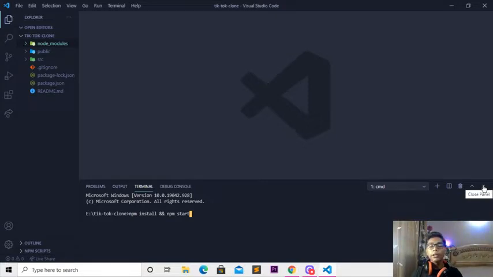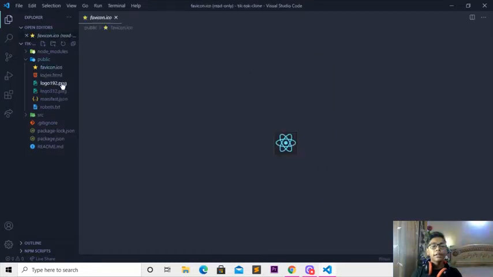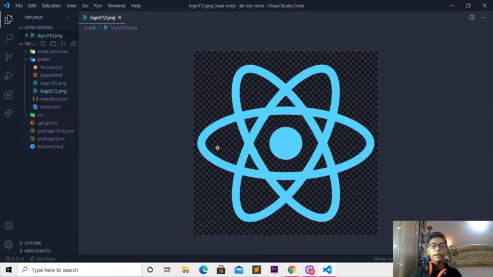Now I'll be closing this panel because I hope you understand how to install this node modules folder here. Now just close that. Now I'll be doing one thing. Here I'll be opening the public folder, the second folder which we have after node modules. In this folder you will see some of the logos of React. If I show you here, you can see one is small, the second is big, and the third one is really big. So you can see we have 3 logos of React, and here we also have 2